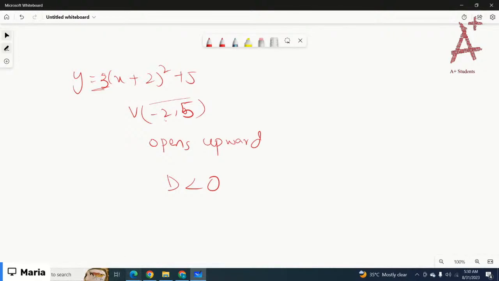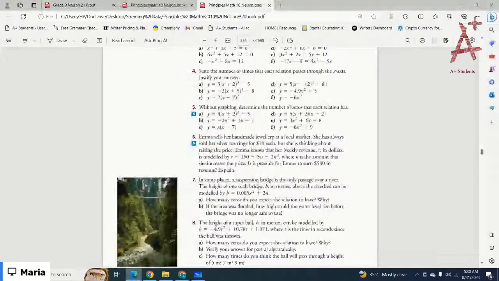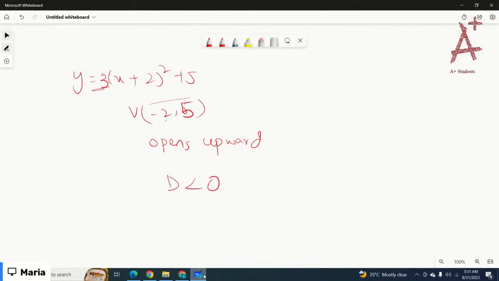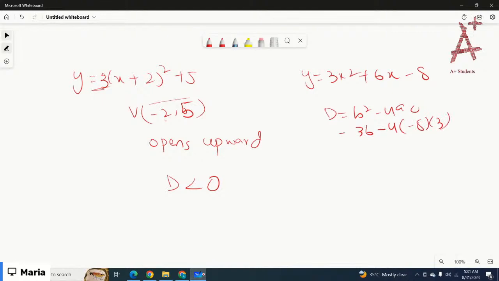Okay, the other equation, let's just do another one. That would be y equals 3x square plus 6x minus 8. So just evaluate d equals b square minus 4ac. That would be 36 minus 4 times minus 8 times 3. It would be 3 times 4 is 12, and 12 times 8 is positive 96. So when you add, it makes